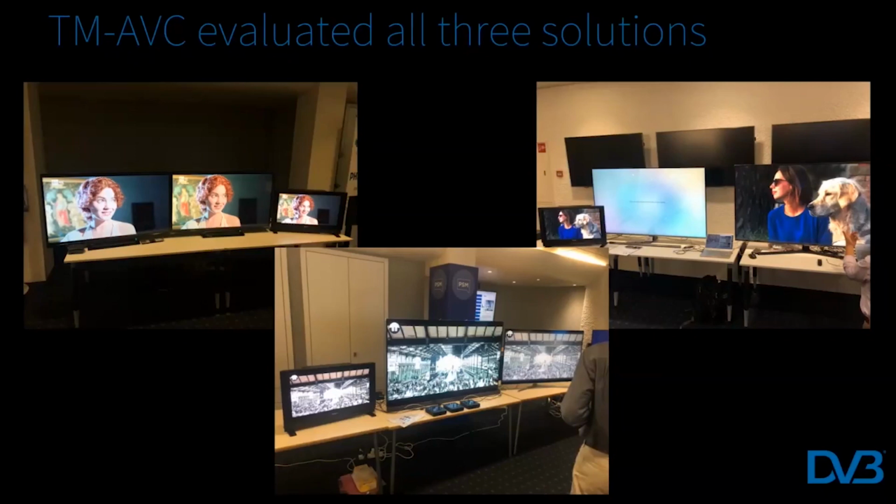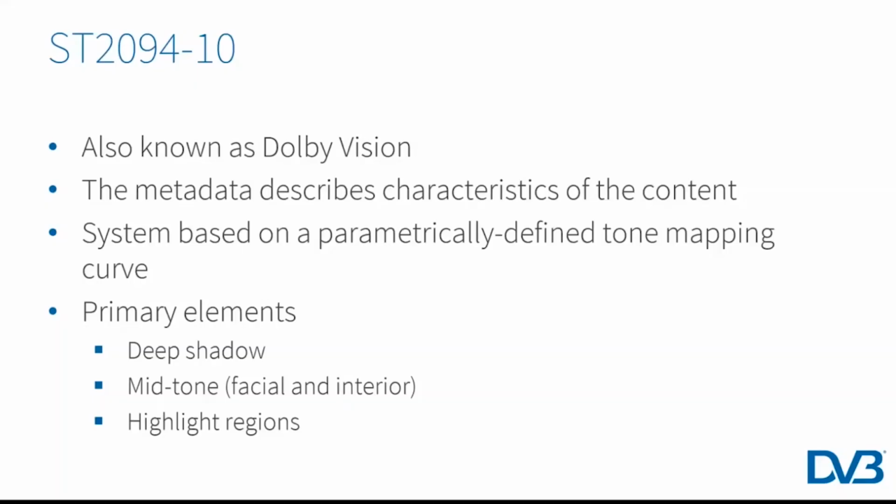Of course, if the receiver used the dynamic mapping data, the quality of the video was slightly better, but at the same time, the basic baseline PQ10 signal still delivered an acceptable picture, which was this backwards compatibility requirement that was very important for us. All three solutions fulfilled this requirement, so TM-AVC was happy with this solution when considering the commercial requirements that we had. So going a bit into the details, the first solution we standardize is